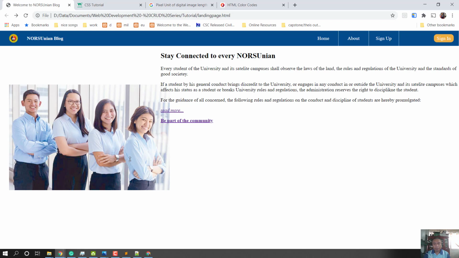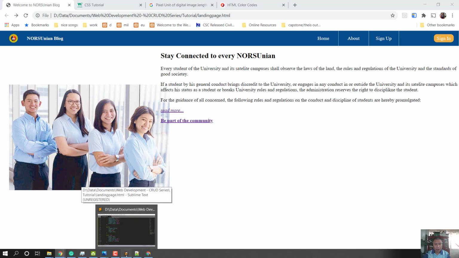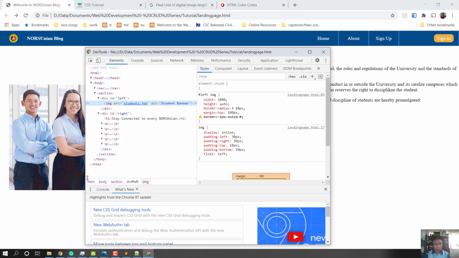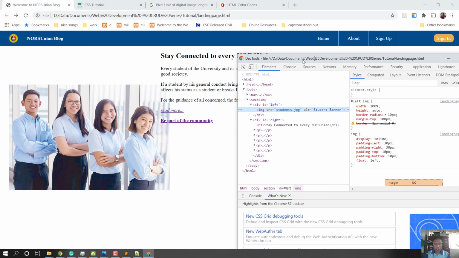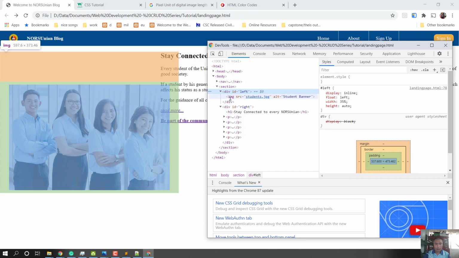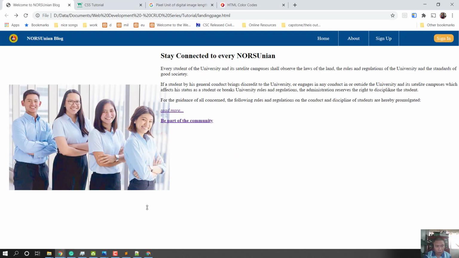Margin. So to make it much more nicer. Okay. Ito ng tawon daw. Ang iyang element. Okay. As you can see, div left. Okay. This is now div left. Tanan. Yeah. Which is good. As you can see, the colored orange is the margin. Have the padding. Okay. Which is now good. Pero the image,